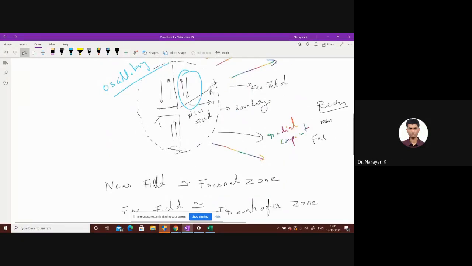Now, what is the significance of near field or far field? Your receiving antenna should always be in the far field region, not in the near field region. Do you know the reason why? Because in the near field region, the waves are oscillatory and hence the receiving antenna cannot receive. Suppose you have a tower on top of your house, go on top of the tower and sit with the tower and try to call. You can't call anyone.